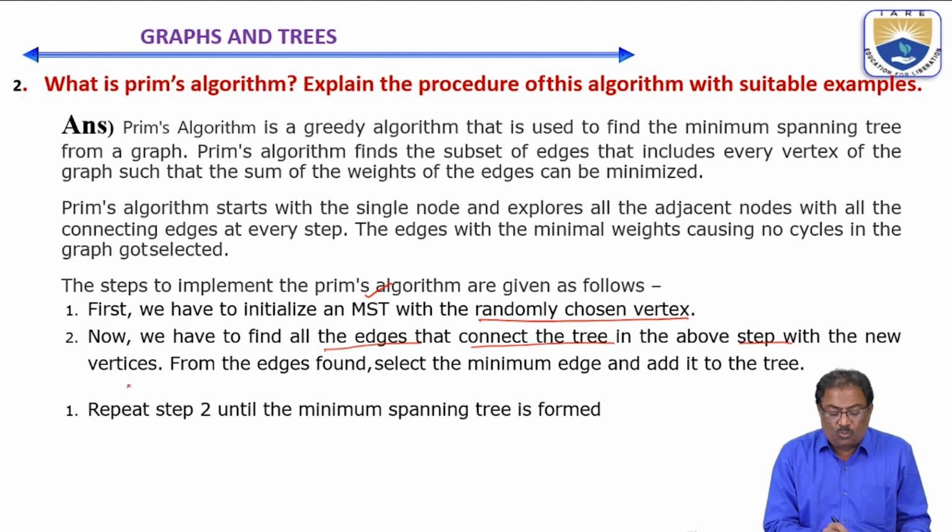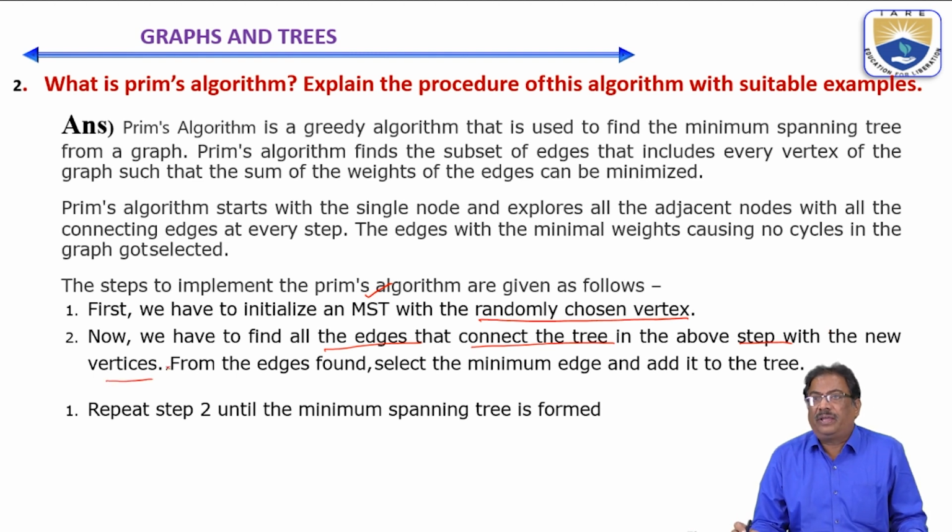With the new vertices, we identify the vertex we are going to select. From that vertex, we find all adjacent edges, and from those edges we find the minimum edge, and that edge is added to the previous vertex which we selected randomly. In the same manner, we repeat step 2 until we get the